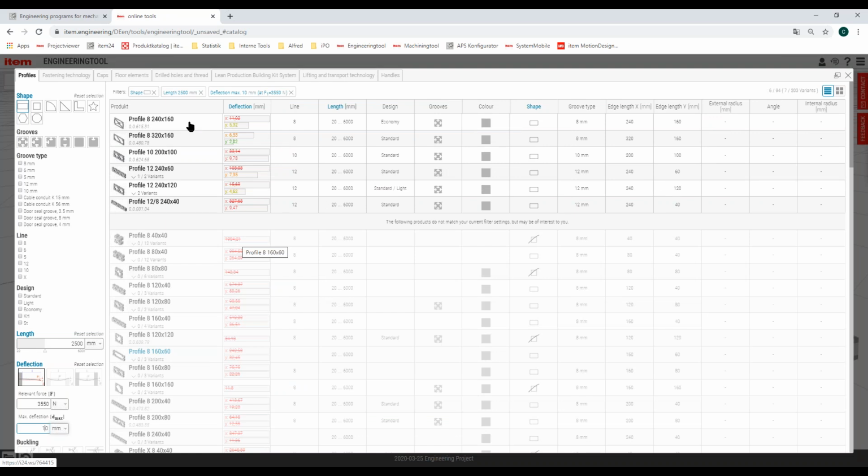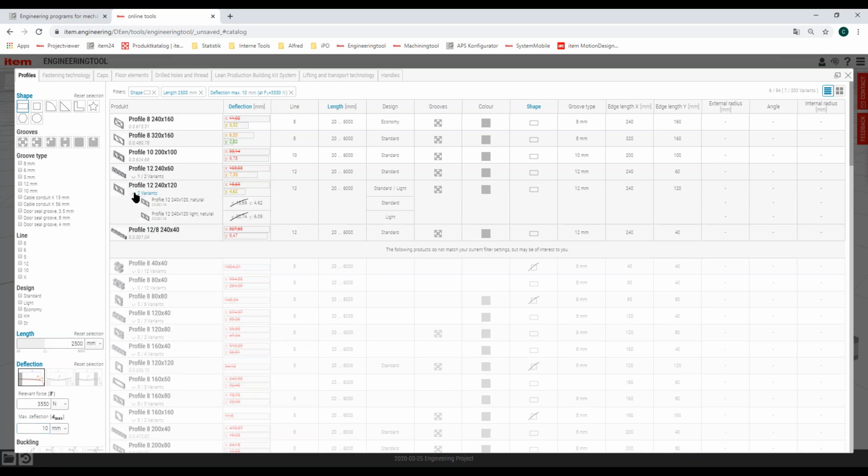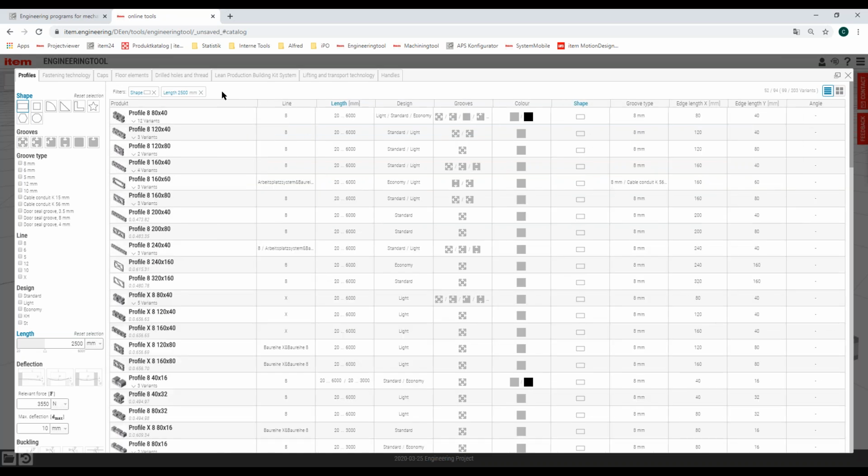And then you can see there are only very few products which are capable for this use case. And if you see here, there's only two variants of this profile available. Then you can open it and you can see if you use this profile in the Y direction, so over the wide side, not over the small side, you can use this for your use case. If you say, too few profiles, you can just delete your filters.